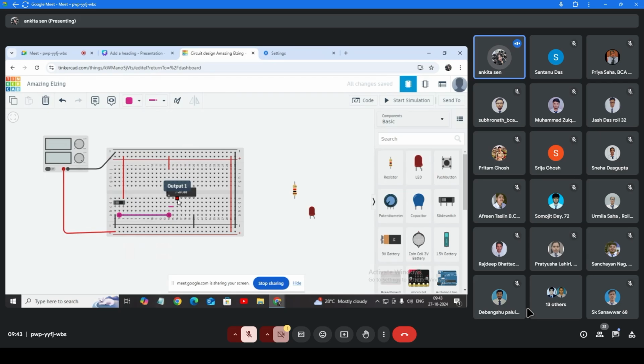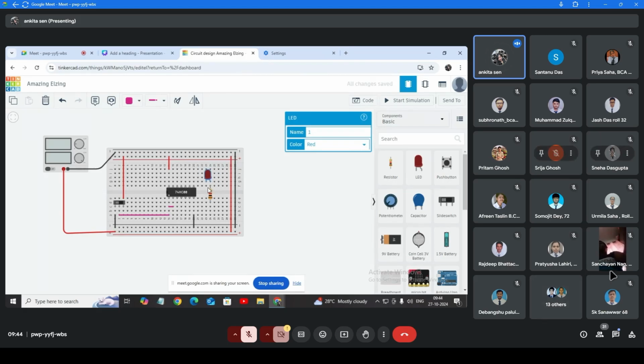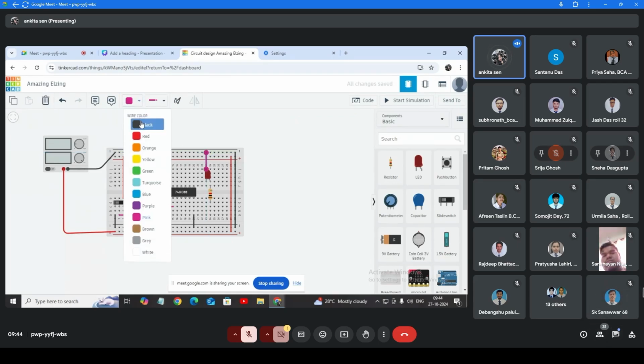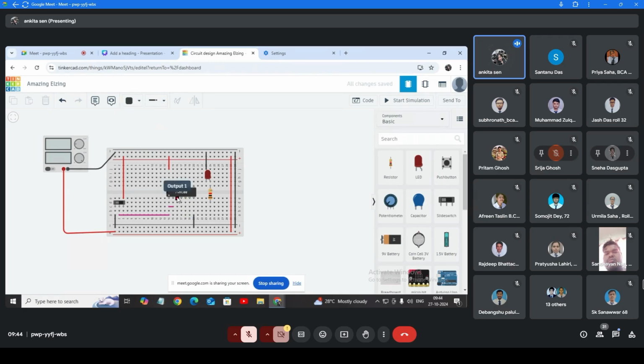Acha, next is the output pin. This is the cathode. Okay, this is the output one. You need to connect it to the resistance.